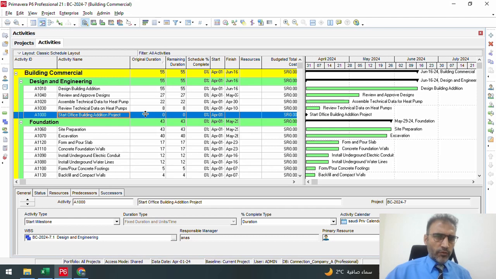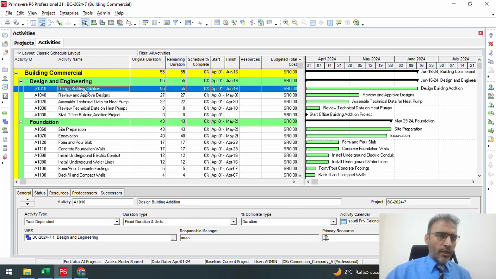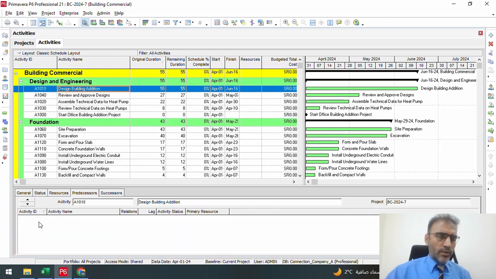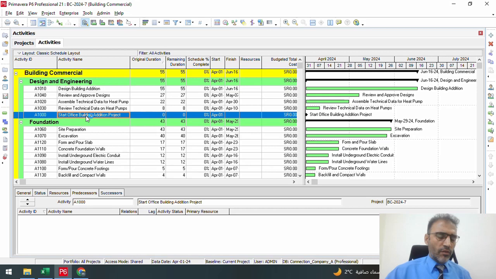But it's a good start point for us to start here. So simply we'll set which one will be the second activity after this one, or what we call the successors. Here, the successor will be, for example, the design. We can either go here to the predecessor and set it here, or we can go to the first one